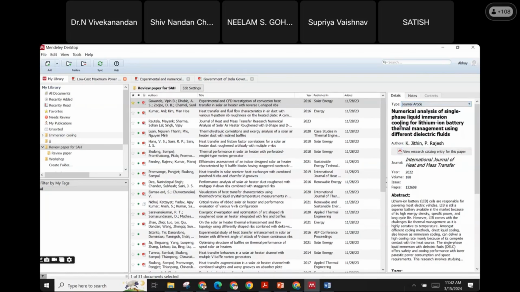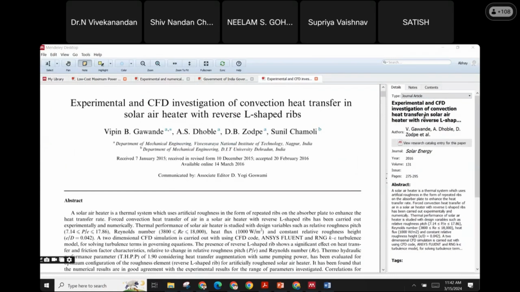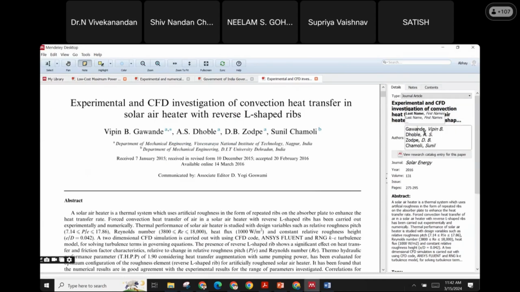So again, this is the title. Suppose I open this particular paper. Okay, so we can see the title: experimental investigation, CFD investigation of convective heat transfer in a solar heater with a reverse L-shaped rib. So the authors are mentioned here. Now for the author, you can see the last name is appearing first. By default the software will take it, but sometimes it may not happen, so you have to do the activity. Otherwise, if I say the name Gawande Vipin B, it will reflect the same way